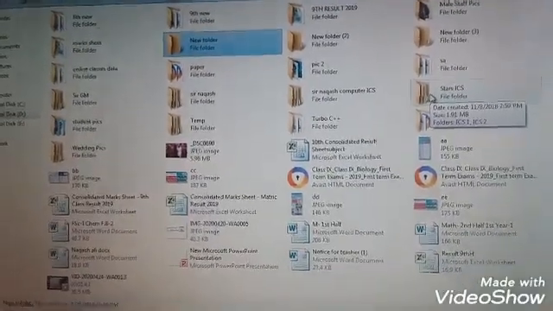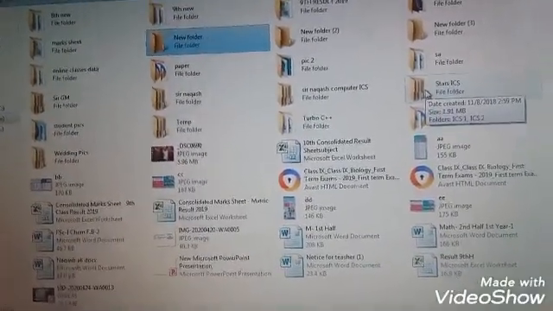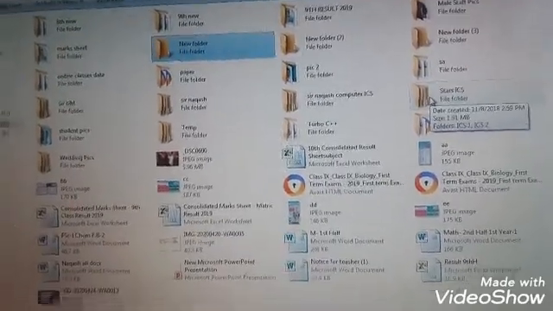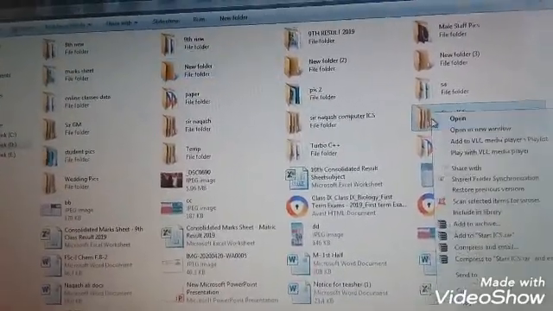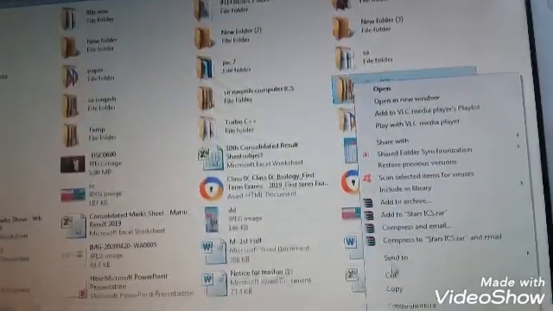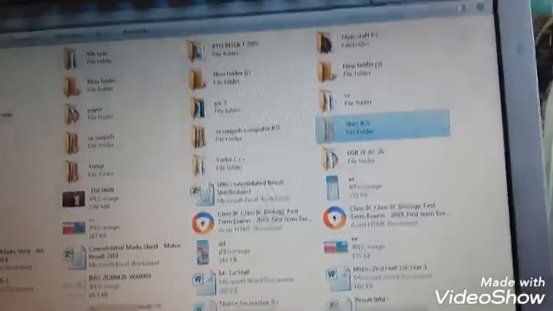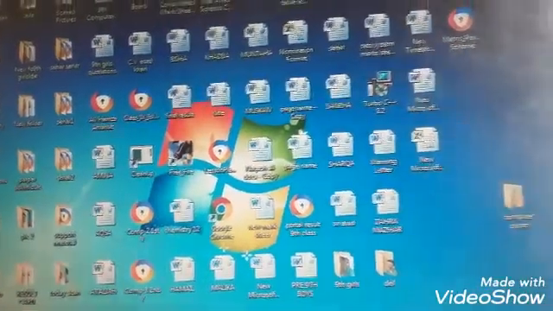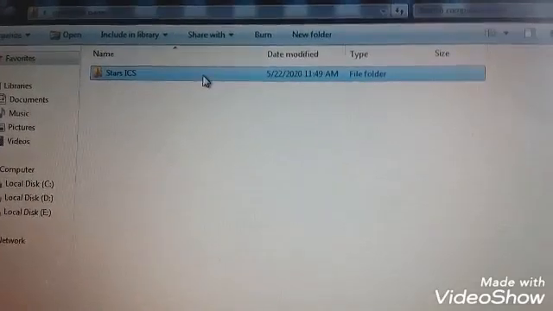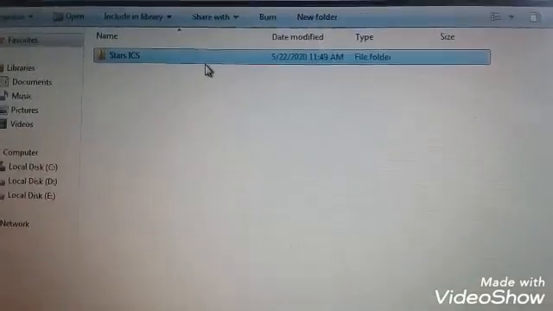Students, now we are going to perform practically how we can cut a file from one place to another place. Select the file, right click the mouse and select the cut option. Set the location where you want to paste your file. Right click the mouse and click the paste option. The selected file gets pasted in another location.